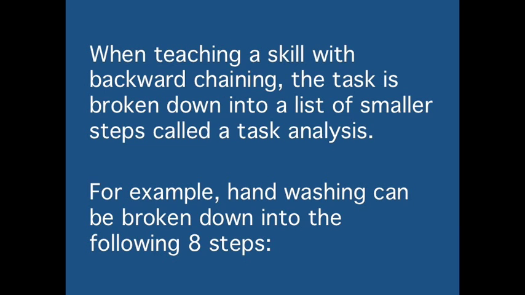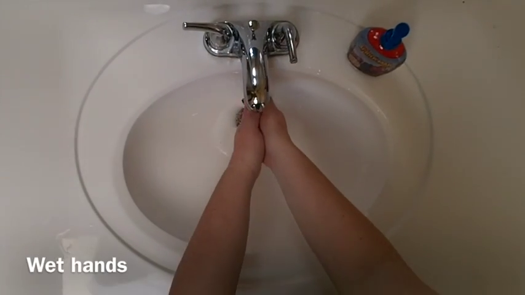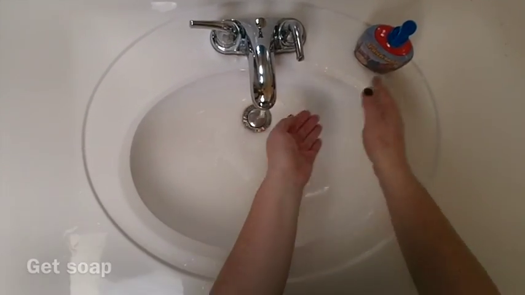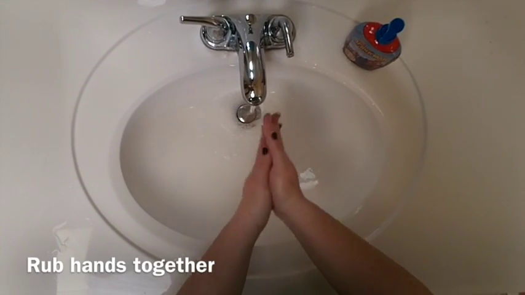Using backward chaining to teach hand washing. When teaching a skill with backwards chaining, the task is broken down into a list of smaller steps called a task analysis. For example, hand washing can be broken down into the following 8 steps. Turn on water, wet hands, get soap, rub hands together,